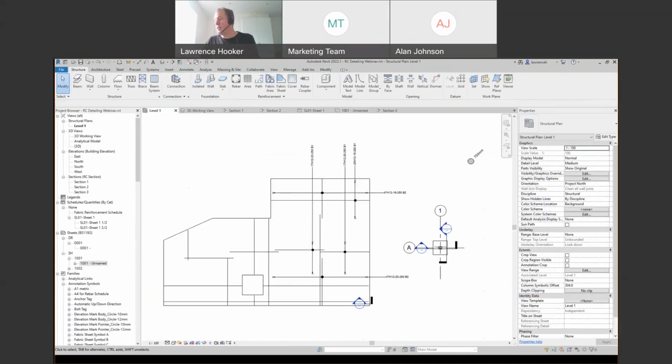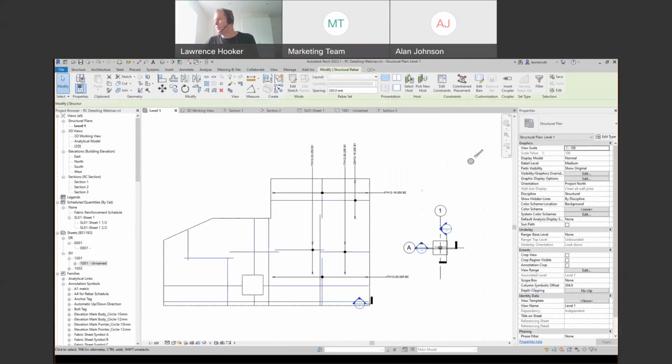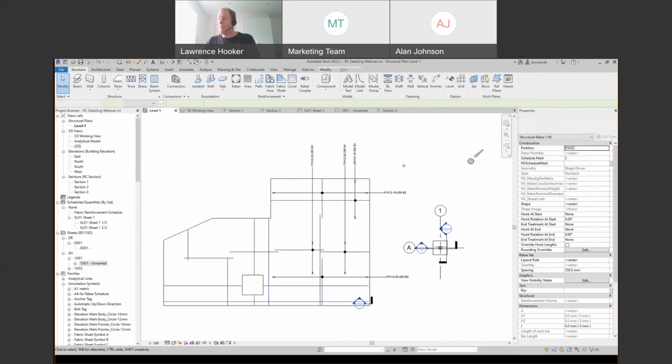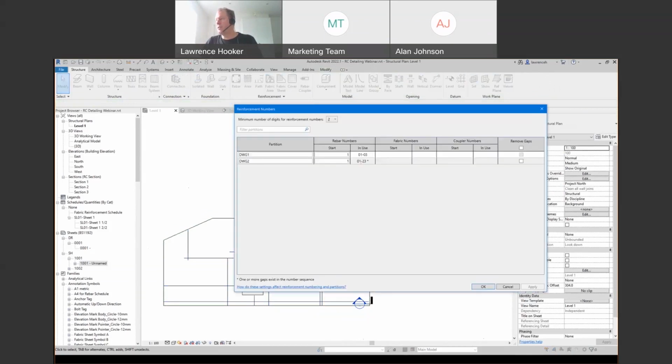So what I need to do is tell the rebar in this slab where it needs to be. So let's do that. We'll select all the rebar. And for the partition, I'm going to call this one DWG2. I'll put this on a separate drawing. So therefore, I might want to start the bar mark again from 1. So if I go back into my rebar settings in here and rebar numbers, yeah, you can now see I've got DWG2. This asterisk symbol here tells me I've got a gap in the bar marks. So I can just remove that, like so, hit apply, and you'll then see now I've got bar marks 1